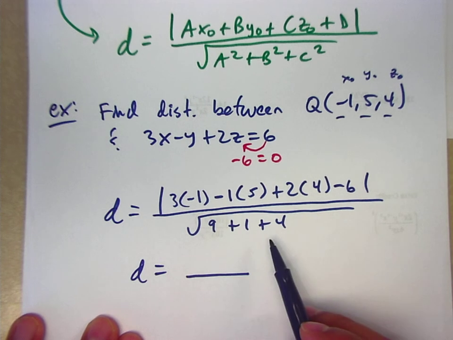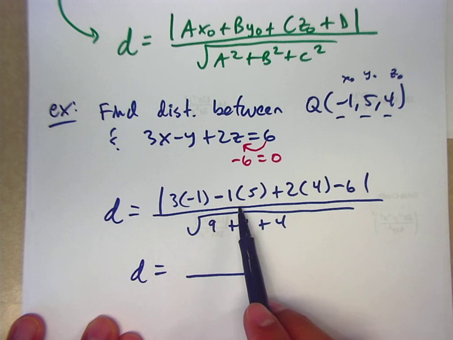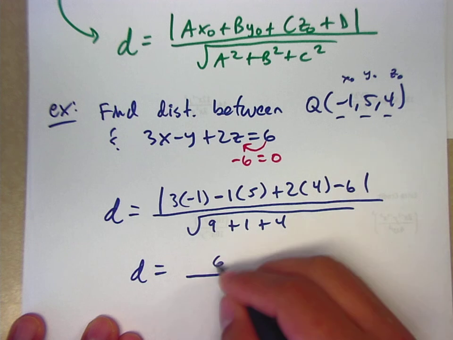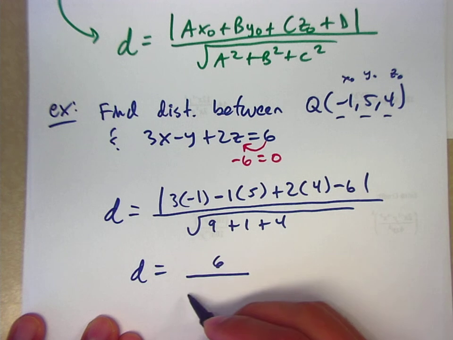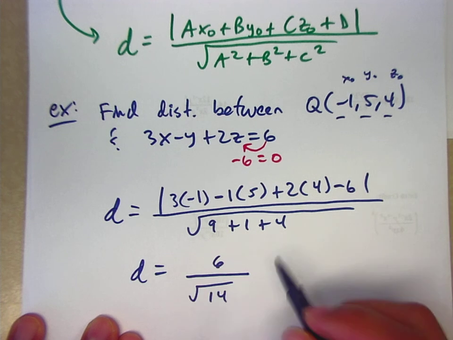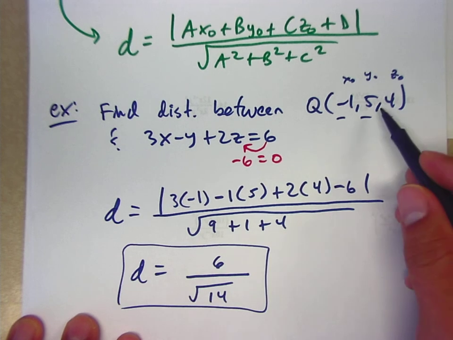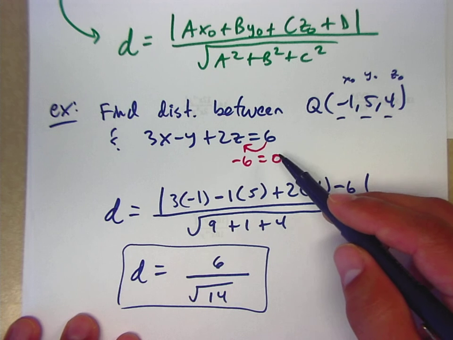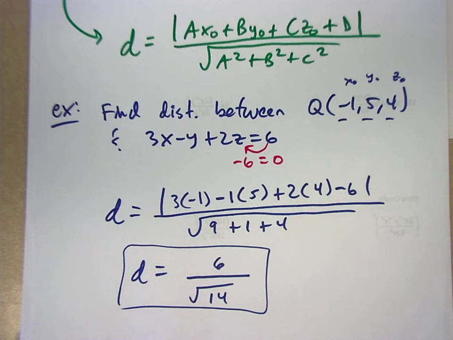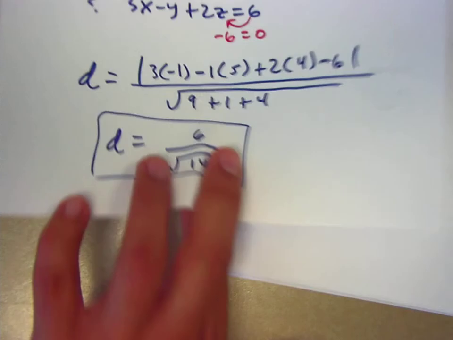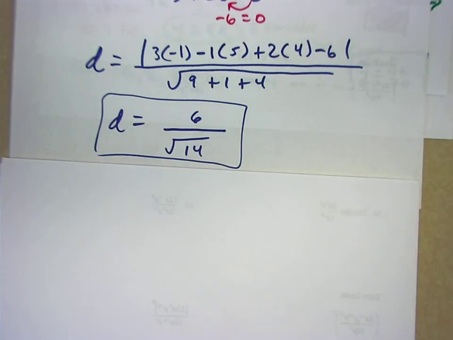Let's see, up here you get 3 minus 5 plus 8 minus 6, absolute value of that should be 6. And then here we get root 14. And so this would be the distance from this particular point to this plane. Okay, so that's your straightforward, you just plug everything in pretty much. Not too difficult. Now let's step it up a little bit and see what happens